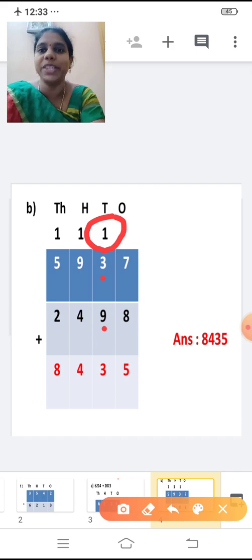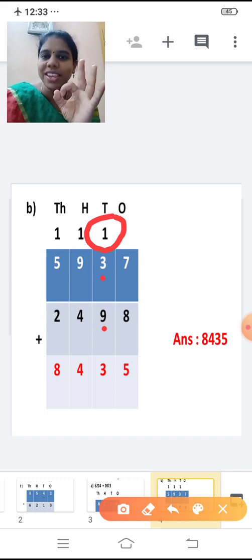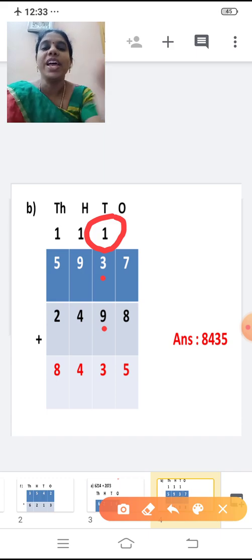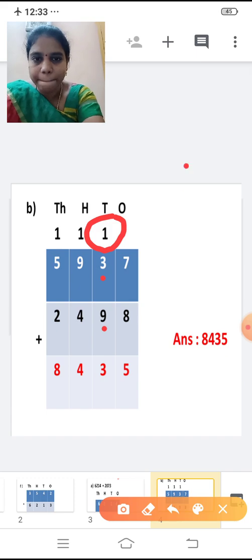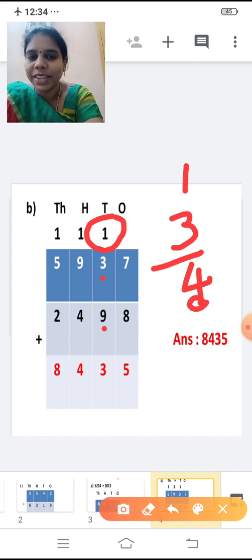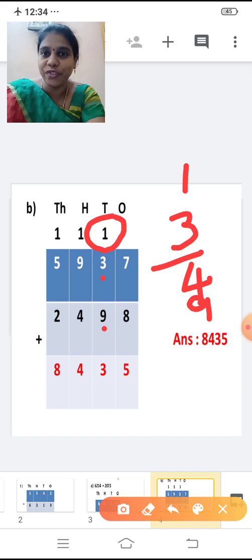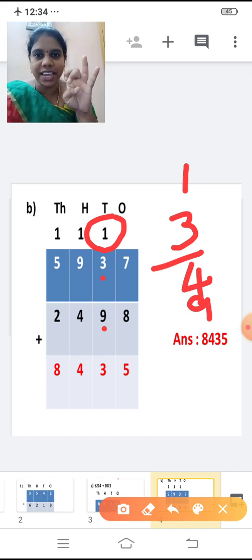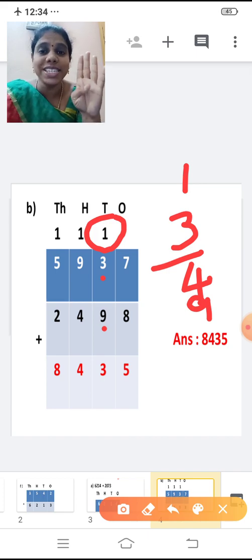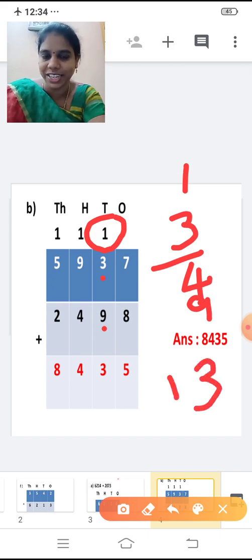First take the first two numbers. 1 plus 3. 1 in the mind, 3 in the finger. After 1, 2, 3, 4. Now 1 plus 3 is 4. Now add 4 plus 9. 4 in the mind, 9 in the finger. After 4, 5, 6, 7, 8, 9, 10, 11, 12, 13. The answer is 13. When you add 4 plus 9, the answer is 13, isn't it?